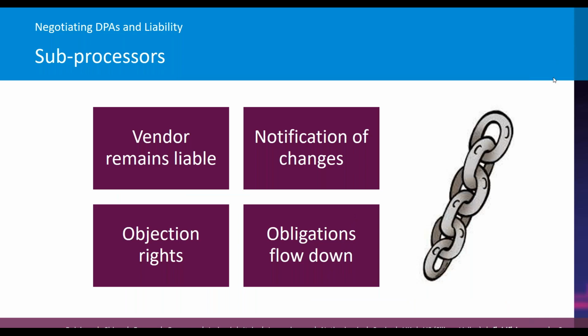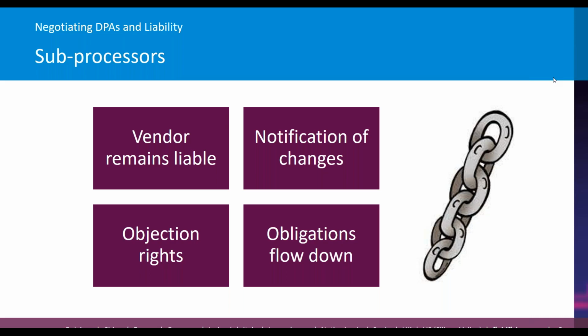Okay, so the third area we're going to talk about, sub-processors. Okay, this is the one which can get a little bit tricky in terms of negotiating. It attracts a lot of attention, and clearly for good reasons, because you want to be thinking about the chain of custody with the data, and you want to be ensuring that wherever your data is going with the vendor, that you're happy with who those sub-processors might be at a downstream level.